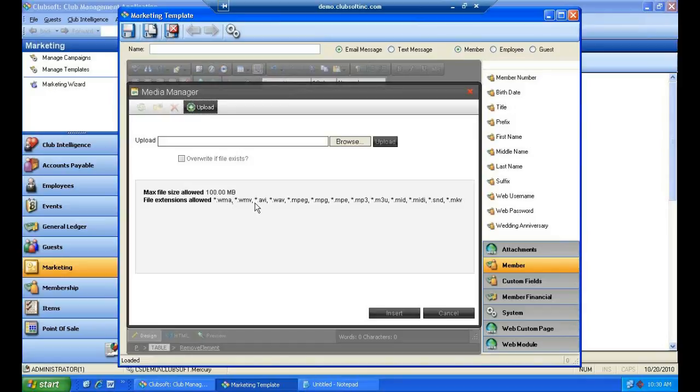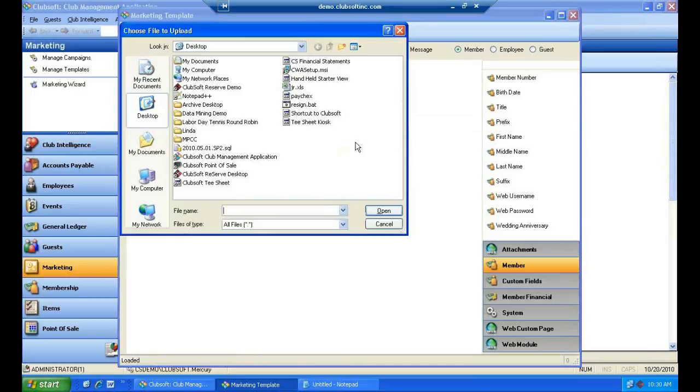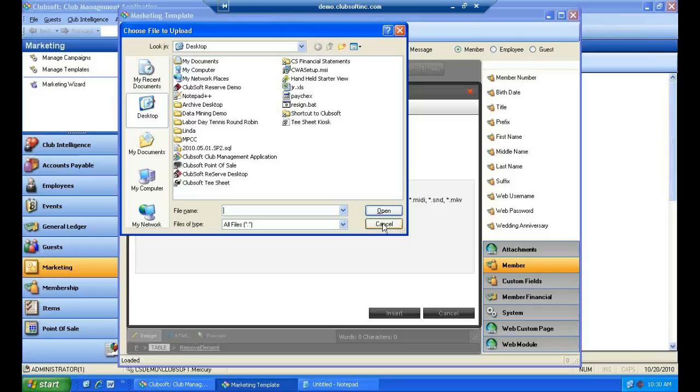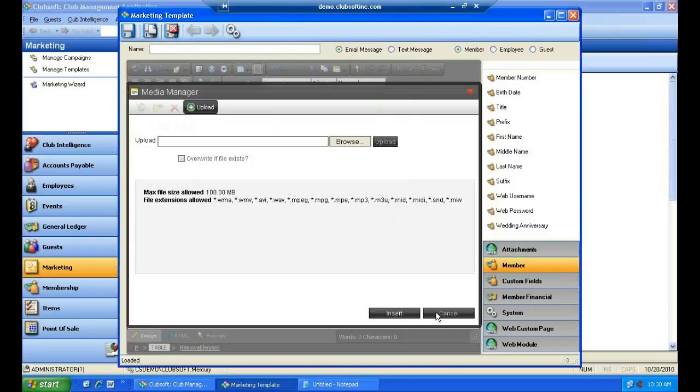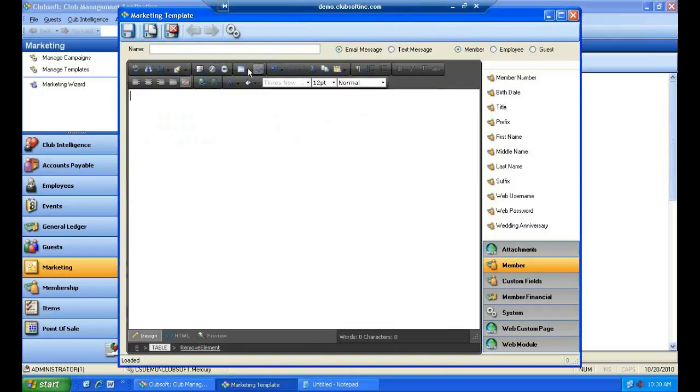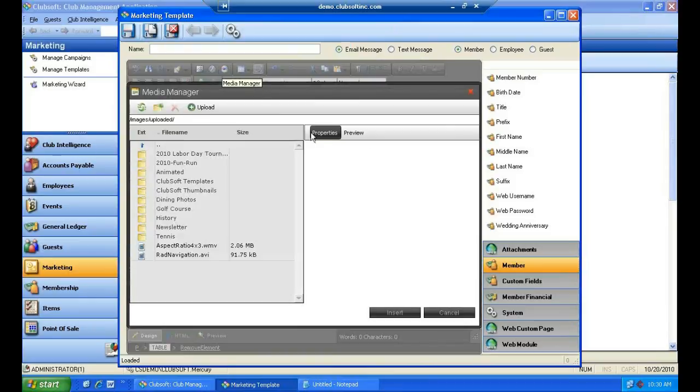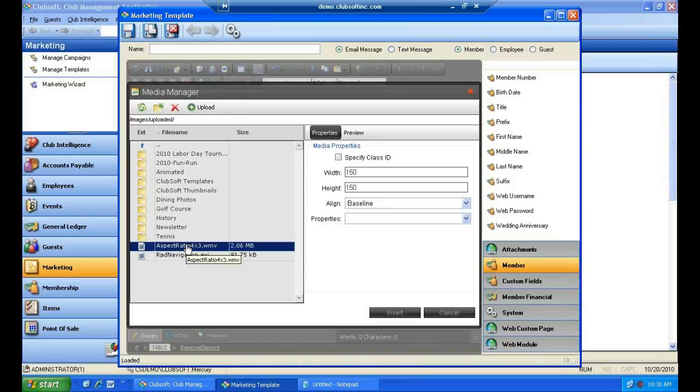The file extensions, we've got lots of Windows Media, AVI, WAV files, MPEG, so all of these file formats are allowed. And I'll basically just browse and upload my video. Let me go in. I think we've got some here. And then once you have a video, so I've got a Windows Media file and a navigation file here, you'll simply choose it. When you choose that file, here on the right, you have some different parameters or properties